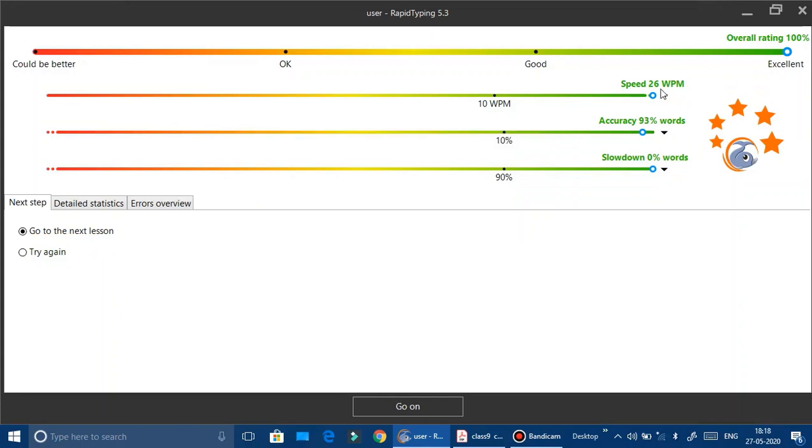This time you see the speed is 26 characters per minute. Now accuracy is 93%.